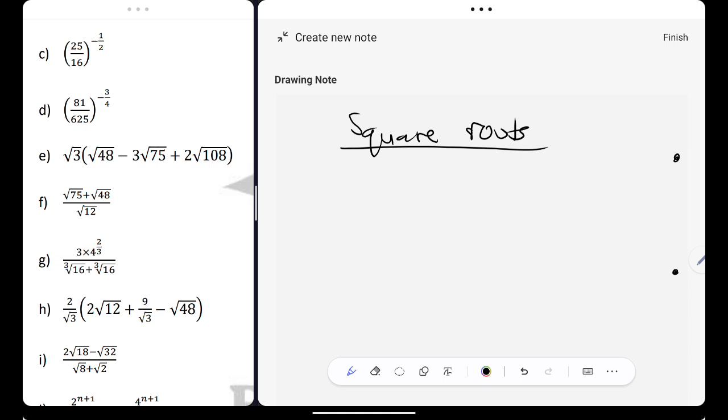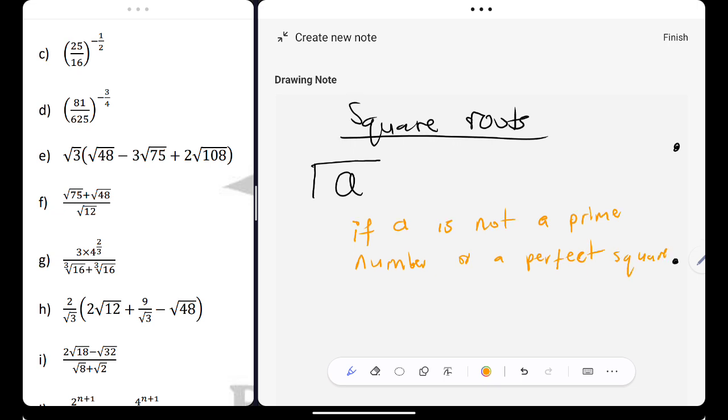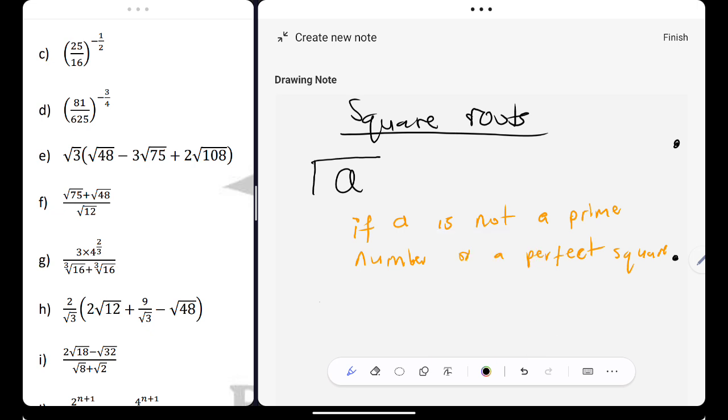Square roots, right, together. If you have a number, maybe your number is a, the first thing you need to do, if a is not a prime number or a perfect square, all you need to do,